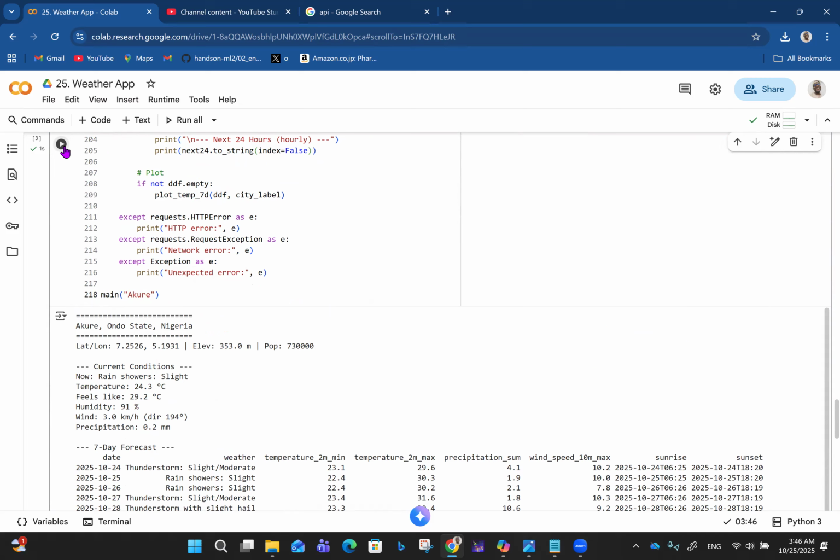So we have Akure, Ondo State, Nigeria. That's 7.25, 5.19. It is 353 meters above sea level. The population is 730,000. Well, I mean, Akure's population is something close to 1 million. Maybe give or take 1 million on the average. So this looks like a fair estimate of the population. So the current conditions, you have slight rain showers, temperature is 24.3, it feels like 29.2, humidity is 91%, that's